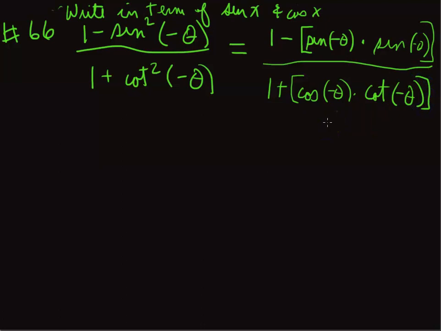Now, the reason I'm doing this is so that I can really get rid of these negative theta things. Let's see, the sine, is that even or odd? The sine is an odd function, so you bring the negative out front. So this is 1 minus negative sine theta times negative sine theta